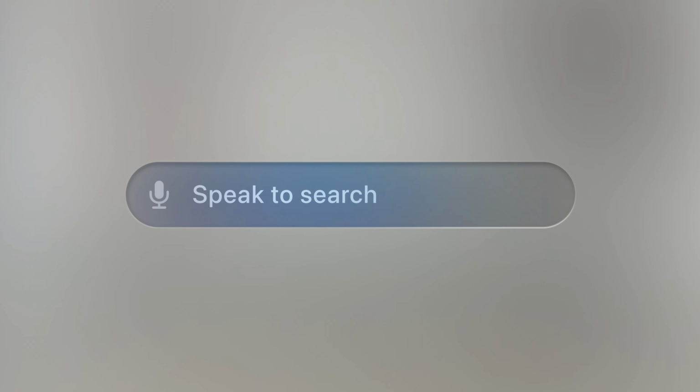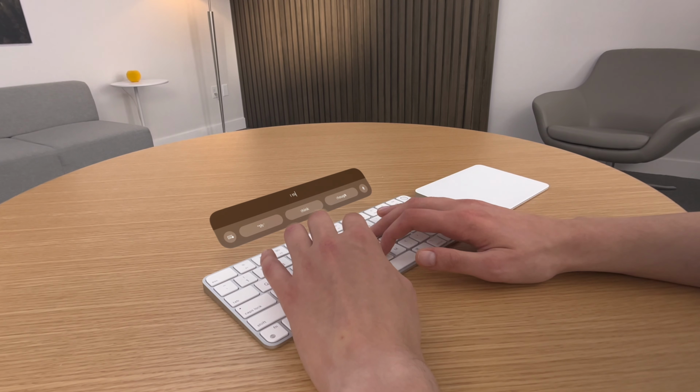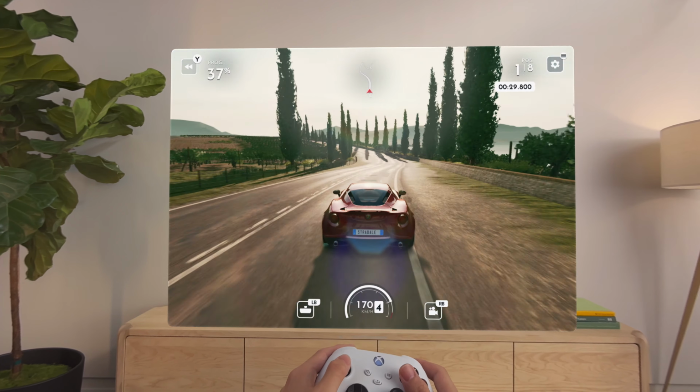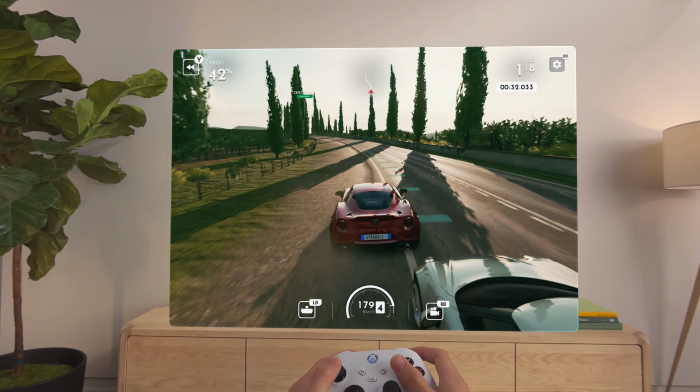Holding your hands in the air can cause fatigue, but we will see that some tasks are better suited to interact directly. Now, eyes and hands are the new spatial inputs, but you can also use other familiar inputs, like voice, to search without needing to type, or keyboard and trackpad, which are great for getting things done. Lastly, you can also connect a game controller to play your favorite games. We are going to focus on the most new and exciting spatial inputs, eyes and hands.